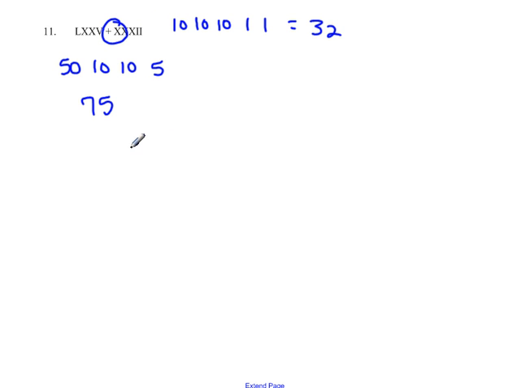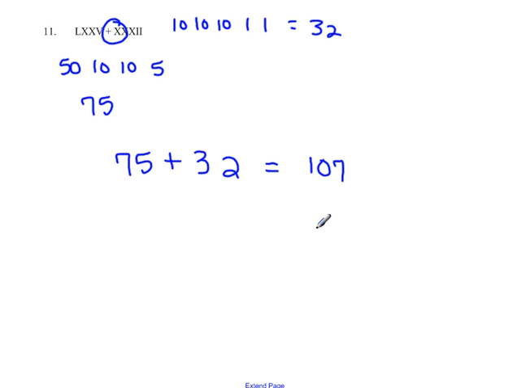Let's do one last example. All right, translate first. So 50 for the L, 10 for the X's, 5 for the V. Those are all in order. We add them to get the number 75. This value, you have 10, 10, 10, 1, and 1. They're all in order. You add them, you get the number 32. Do the arithmetic. This happens to be an addition problem, so 75 plus 32 equals